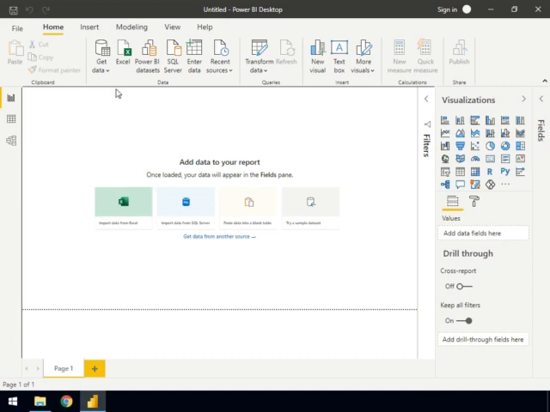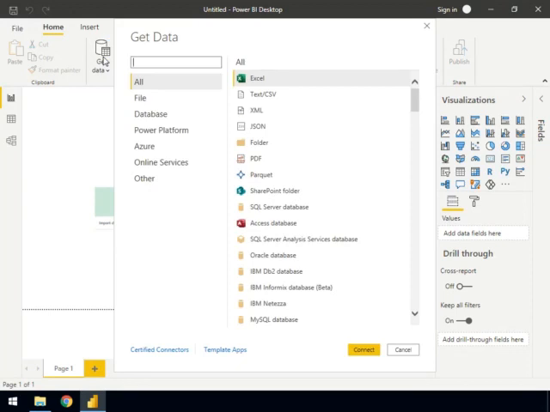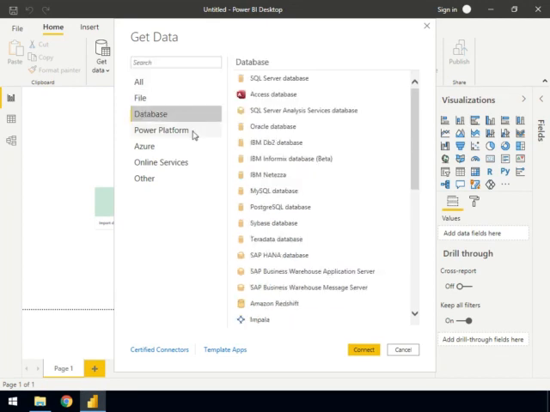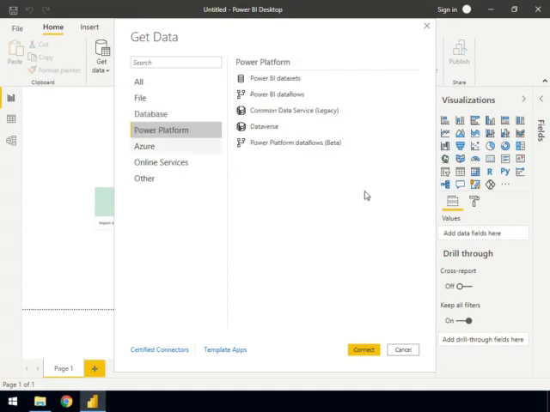Let's get started. To connect to data, you simply click on this Get Data button here. Clicking on it, you can see a whole lot of sources where you can get your data from. You can get your data from files, from databases, from Power Platform, Azure, online services, and so on. I'm going to connect data from Excel, so I'll simply click on File,